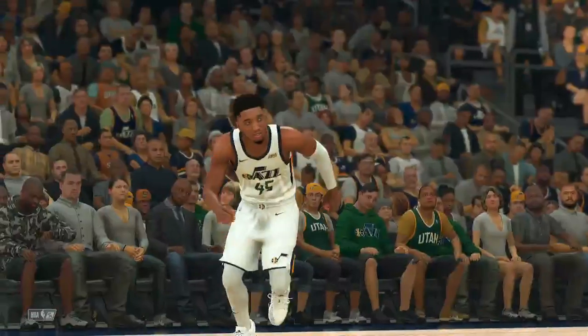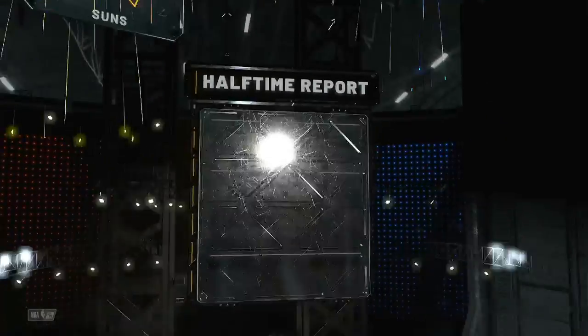Hey, for the Suns, the first quarter was pretty even. The deepest hole they got themselves into in the opening period was...